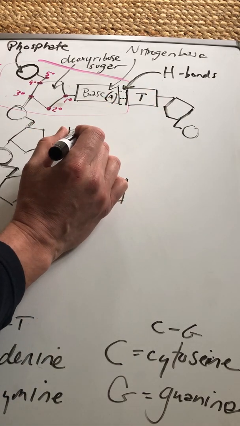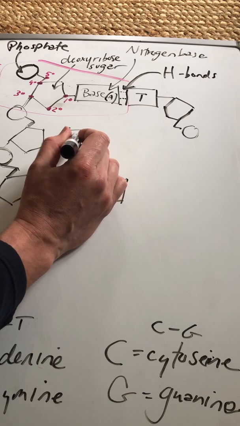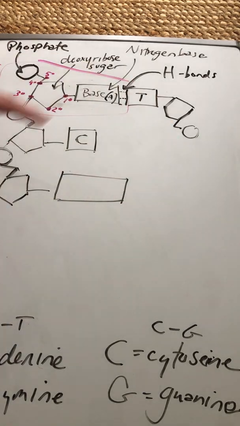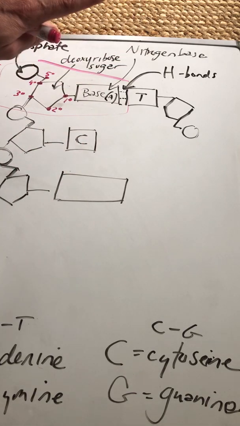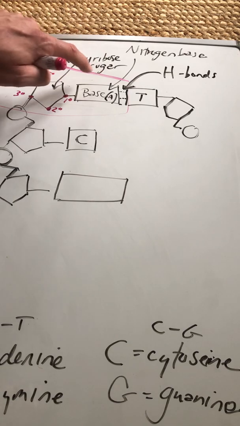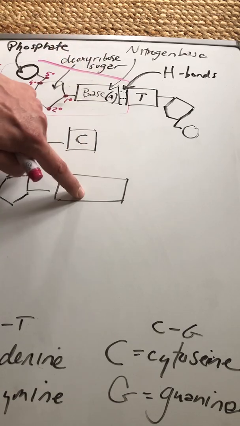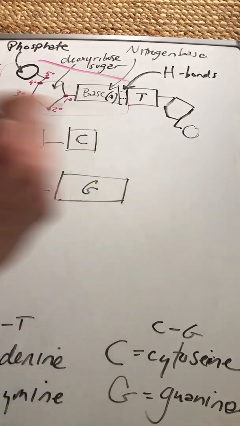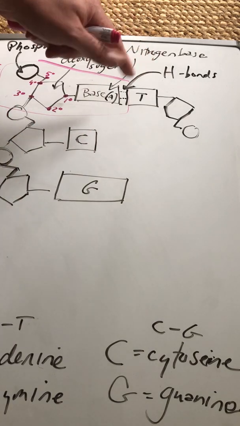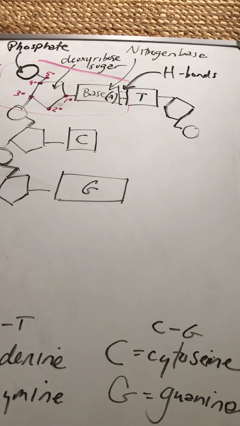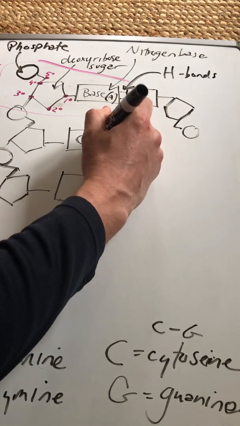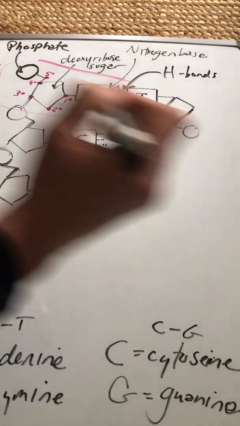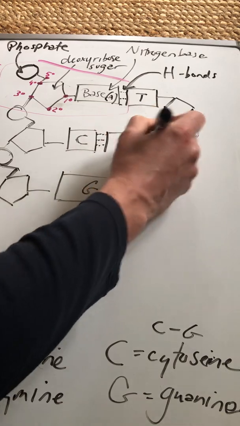Now, let's say this will be a C. Notice that A's and G's are big. They're called purines. I'm going to leave this out of the notes for now because it's not crucial. But I just want to make a point. A's and G's, this will be a G, are big. C's and T's are small. So again, these are purines and pyrimidines. I'm not going to make you guys worry about it too much, but just to make the point of why I'm making some small and some big. C's and G's are triple hydrogen bonded to each other. So here's a